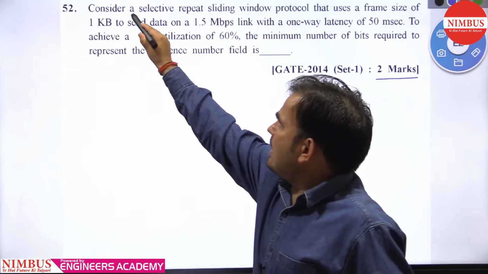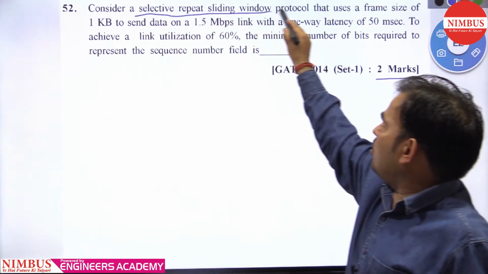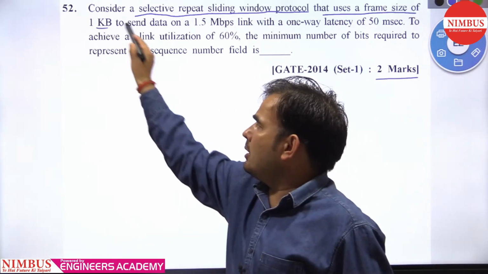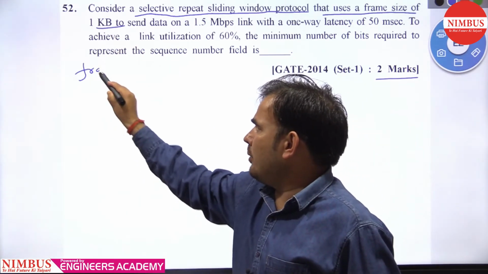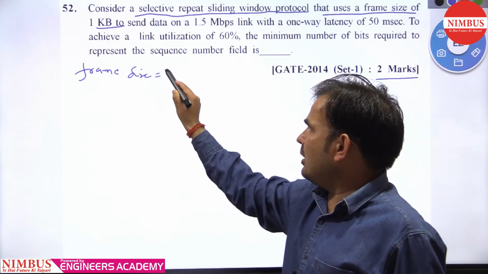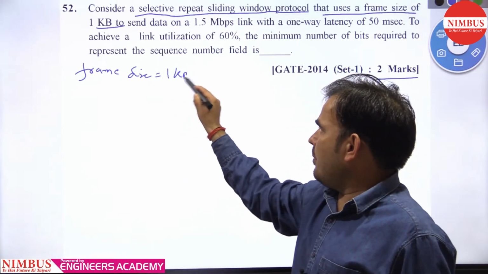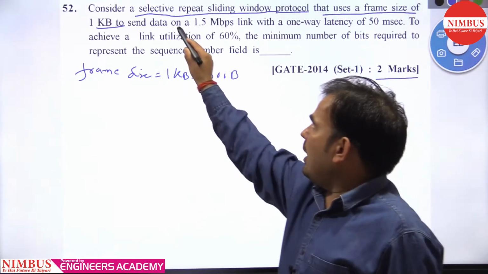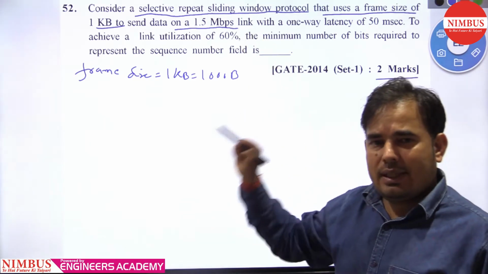Consider a selective repeat sliding window protocol that uses a frame size of 1 KB. This is the frame size that is given, so whatever is given you need to write. 1 KB means 1000 bytes. On a 1.5 Mbps link,